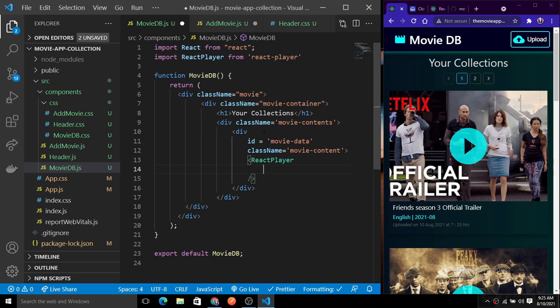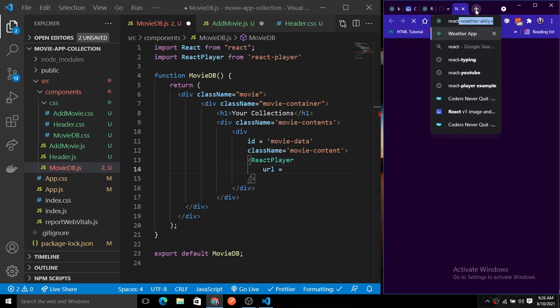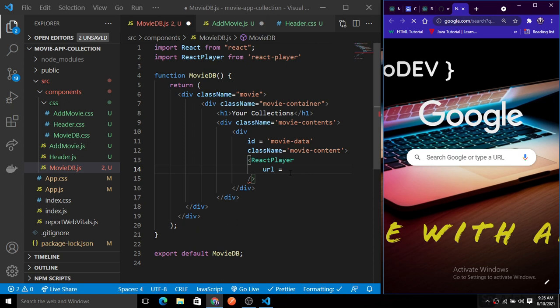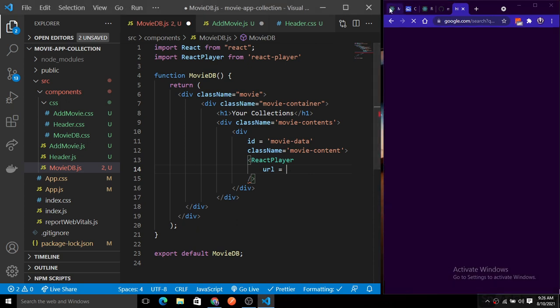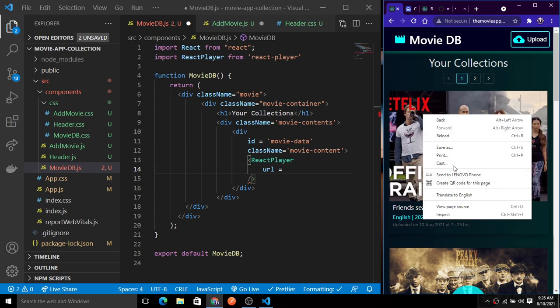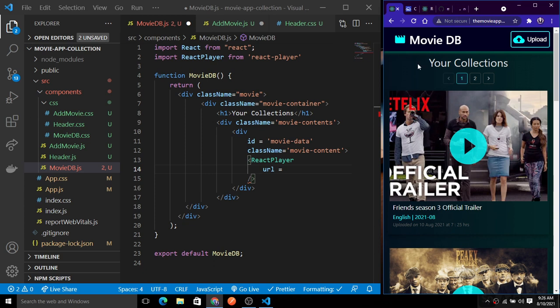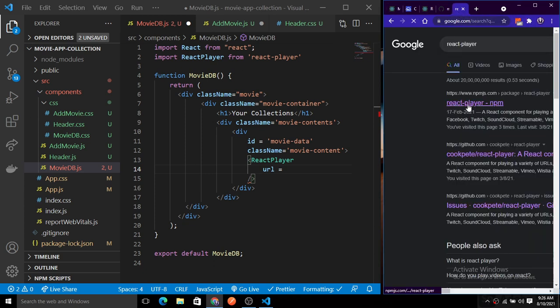And then what we need to do here is we have a bunch of properties there. So if you search for the React player, you will get the properties options. You just need to learn from there. So here we have first the URL that you have to specify there. So I'm just simply grabbing the URL from here. Let's have this URL. Okay, you just need to grab the URL there. So let's see the properties of the React player first of all.